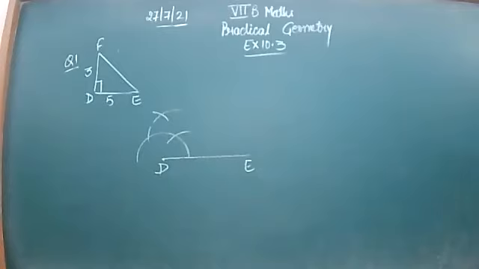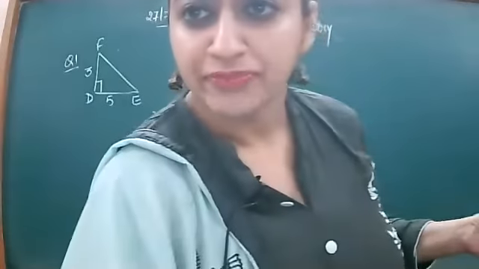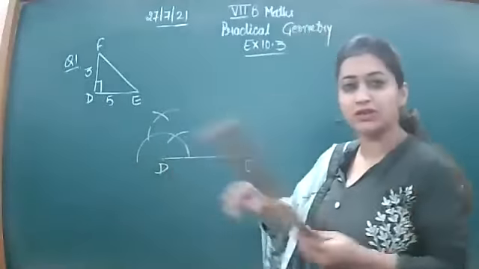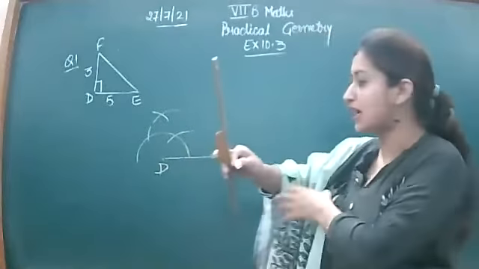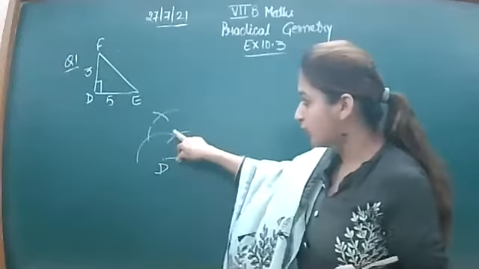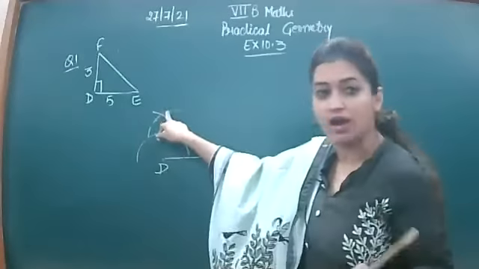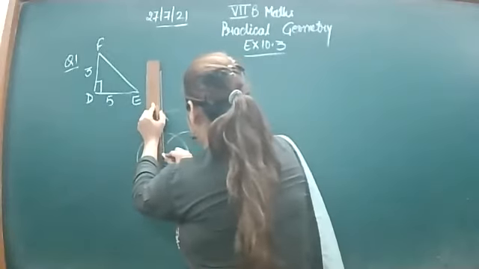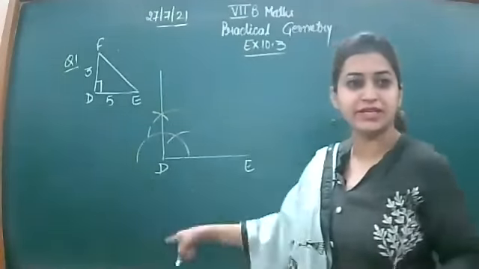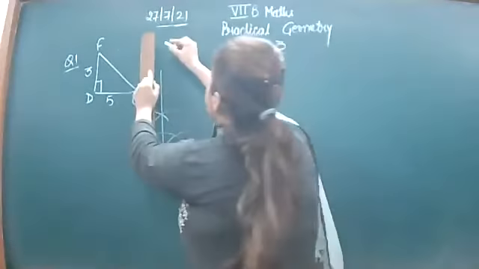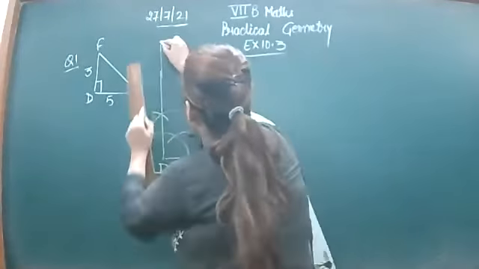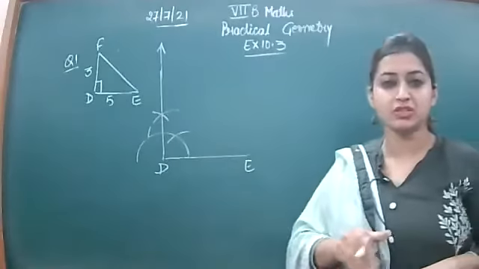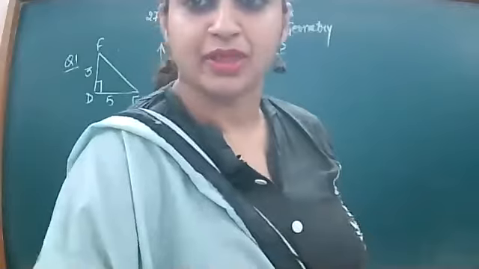Have you seen that? How I have drawn from this point, I have drawn the semicircle. Then of the same radius, I have drawn the arc from this point. Then from this point, then I have made the half of this. What you will do? You will join this. This will give you 90 degree angle. You will increase this line because it is a line, it can move in one direction. So you have to increase that line.